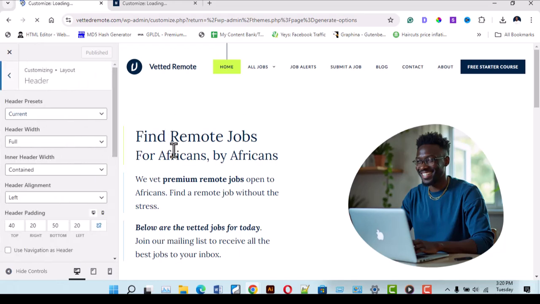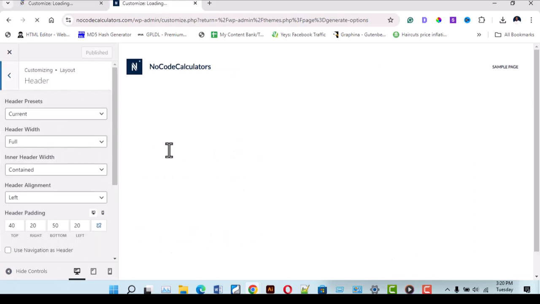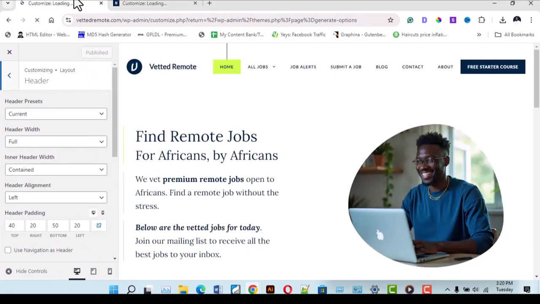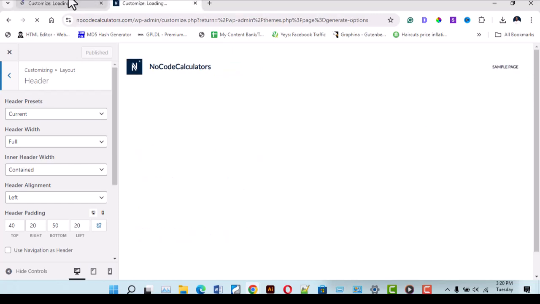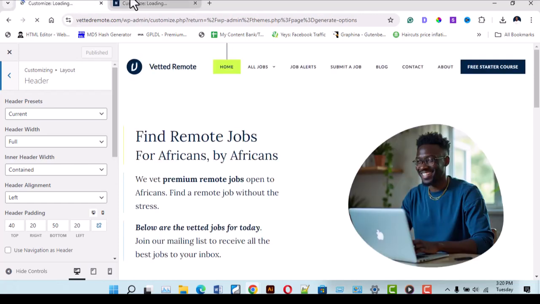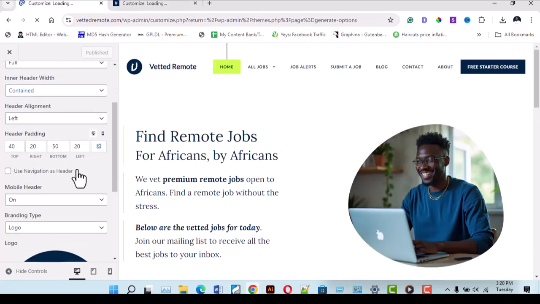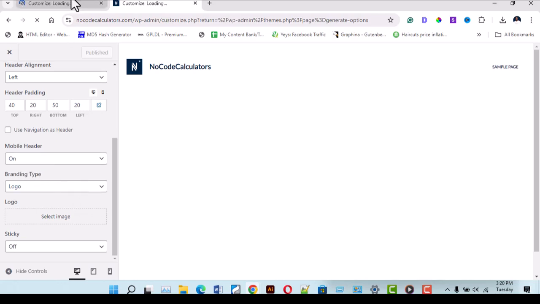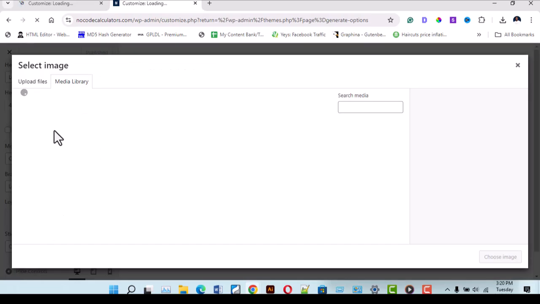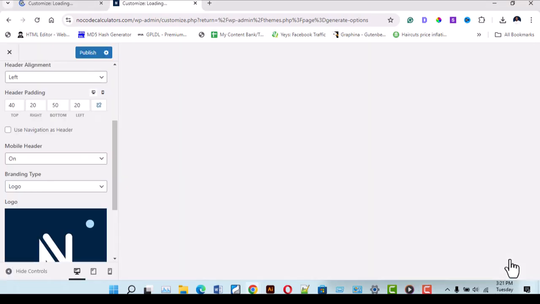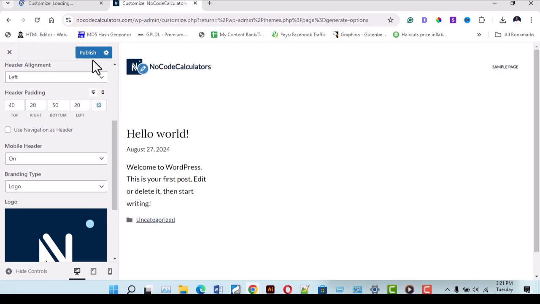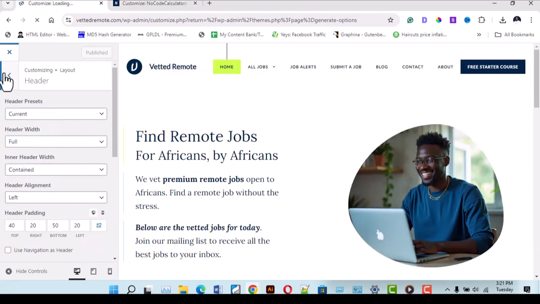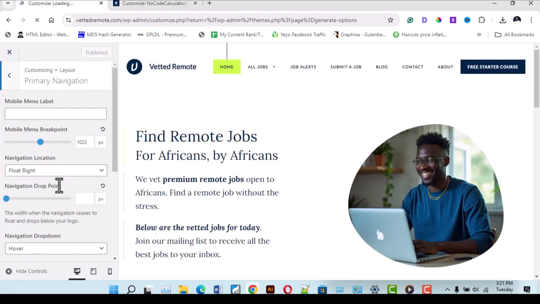Header presets, current, full contained left, padding 40 20, 50 20. Okay, mobile header on, branding type logo, and logo I need to select. Okay, so I don't lose track of what I've done, I'm going to click publish